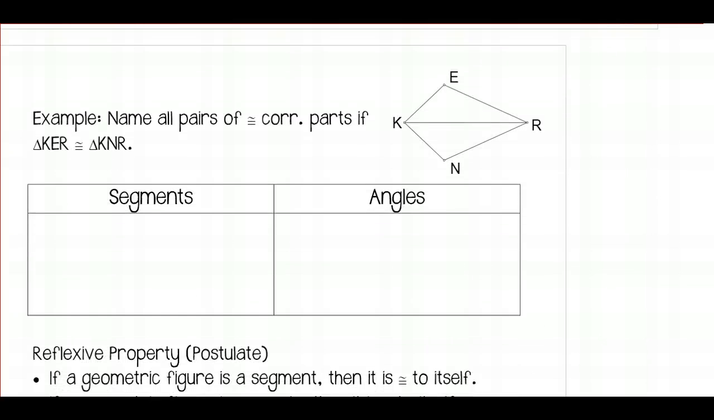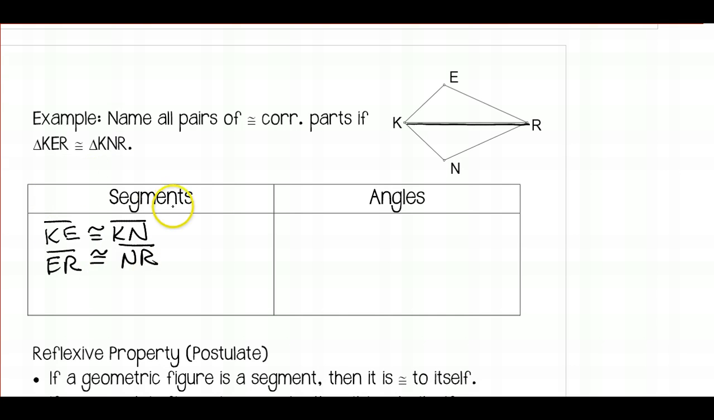Alright, so another example, looking at triangles, we want to name all pairs of congruent corresponding parts if triangle KER is congruent to triangle KNR. So let's start with the segments. I've got KE congruent to KN. So you notice they have this side in the middle in common. And then I've got ER is congruent to NR. So since they're triangles, they have 3 pair of sides, so we should have 3 pair